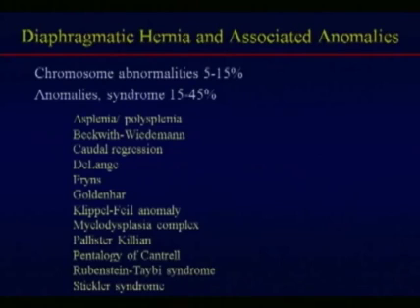Looking at associated abnormalities, chromosome abnormalities were reported in between 5 and 15%. So it is important to confirm that chromosomes are normal as we go forward. And looking at the conditions that can be associated with anomalies, you can see a variety of syndromes here. And usually these will be associated with other conditions we can see by ultrasound. So again, one of the key points is to take a good look at the fetus